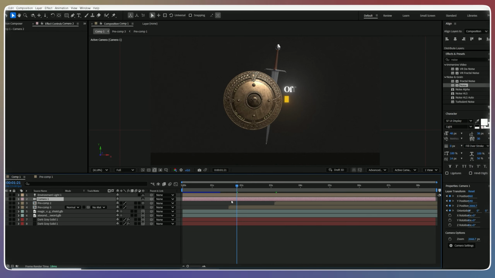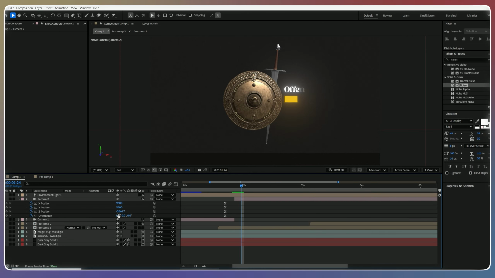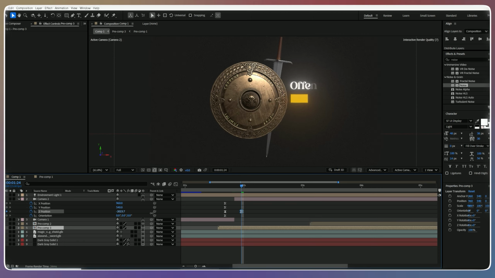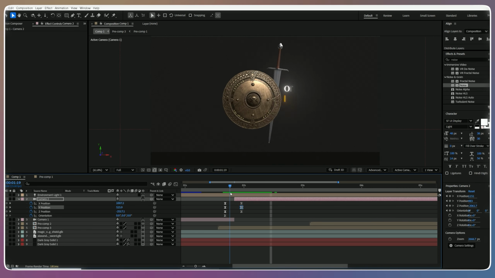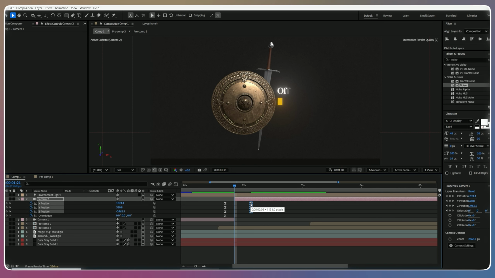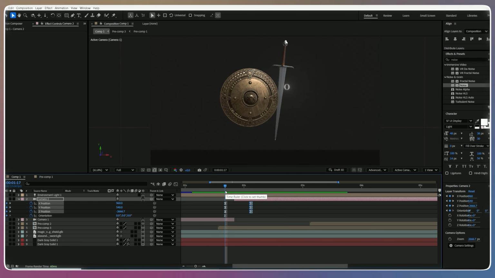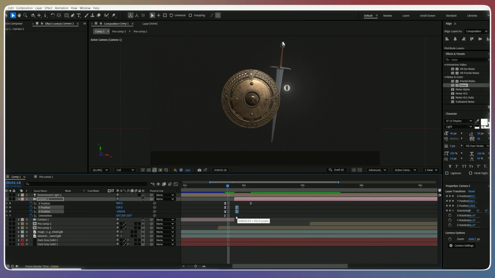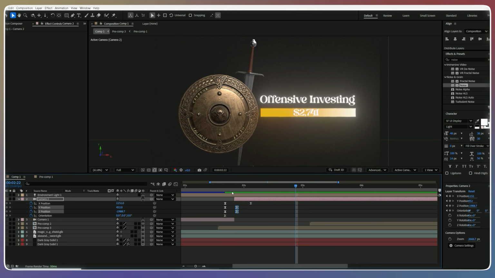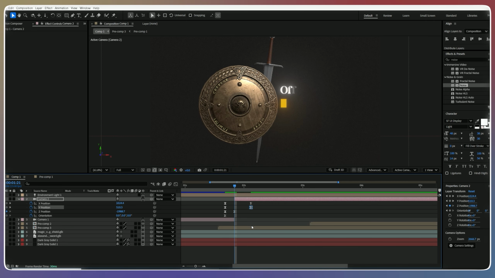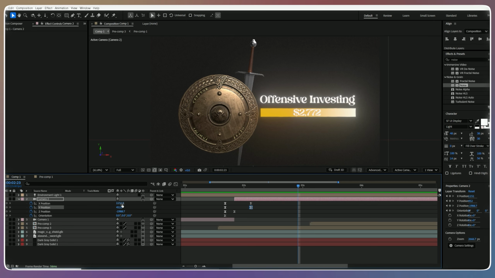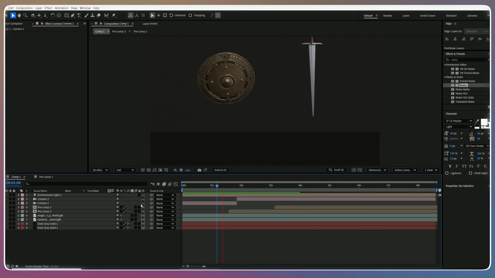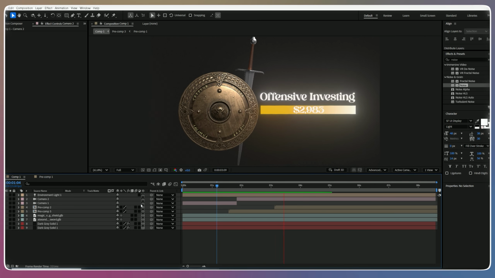Now it's time to apply jump cuts. For the jump cuts, go to the point where you need a jump cut. Split the camera layer, then move the animation keyframe few frames backward. And when jump cut appears, zoom them up and move to the right or left side where text moves in, making it smooth animation. This thing takes a lot of time to understand how jump cuts actually work.